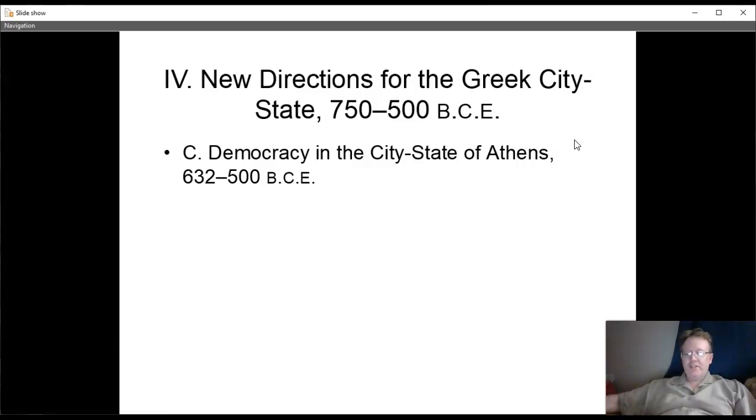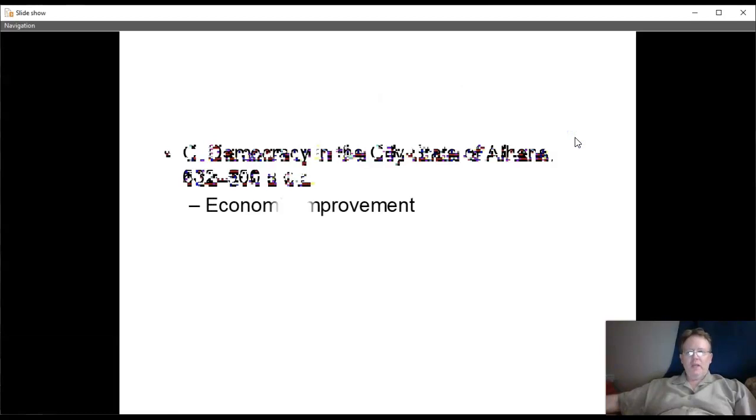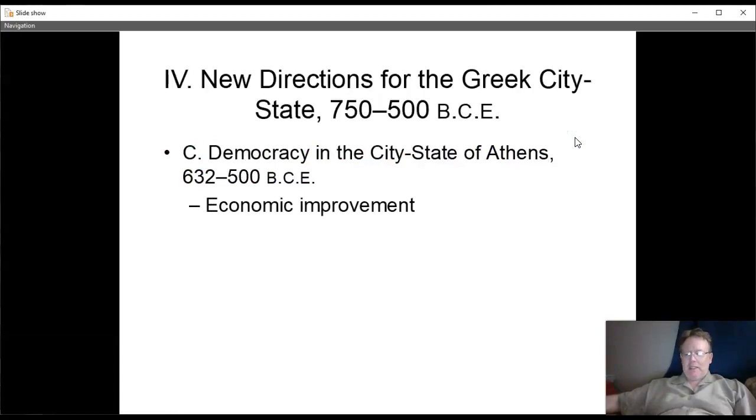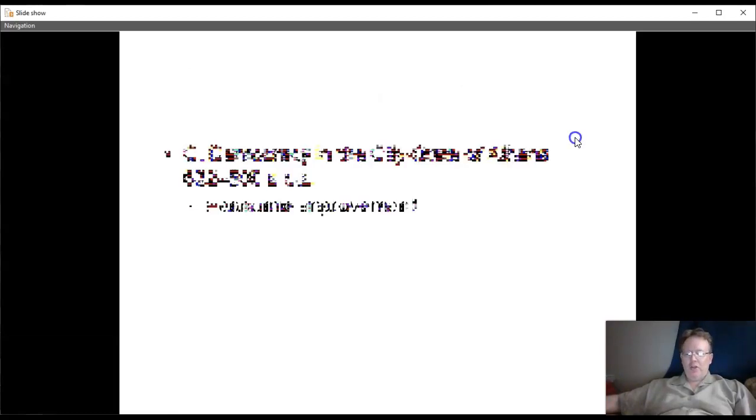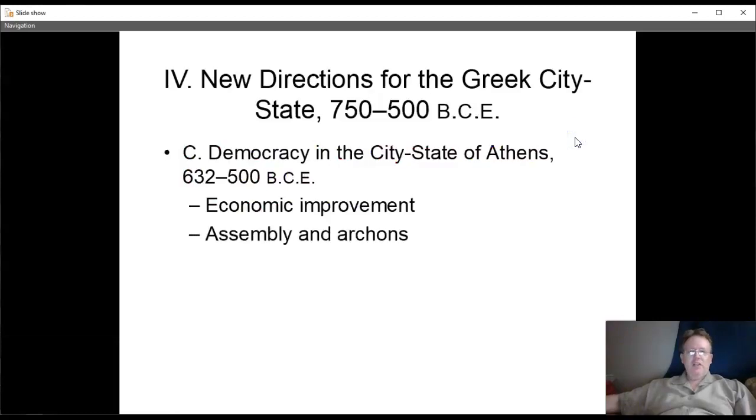But of course, necessity for seaborne trade allowed a lot of families to become rich, wealthy, and prosperous. By the 7th century BC, Athens had created an assembly, where all free adult males helped decide the affairs. They elected the leaders of Athens, known as archons. This is that really free democracy I talked about, to where pretty much all male citizens, thousands of them, could